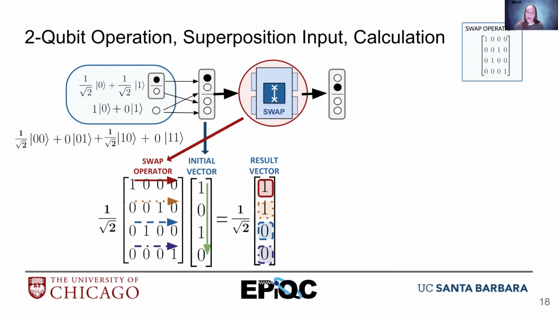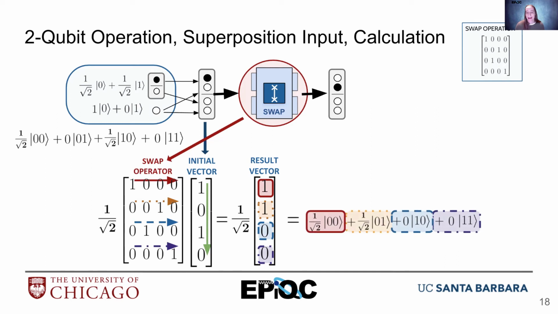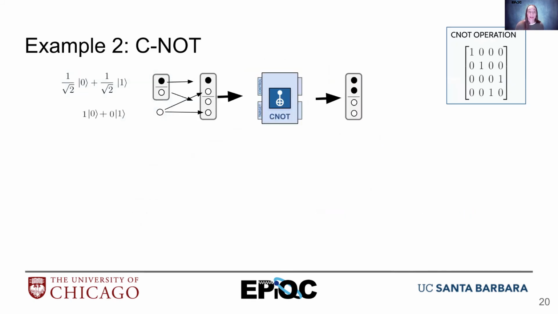So now I can switch this back to bracket notation, and now I multiply out that 1 over root 2, and so I can see that I have 1 over root 2 for 0, 0, and 0, 1. And I can do a little sanity check, and I can see, oh yeah, my answer did have a 50% chance of being a 0, 0 and a 50% chance of being a 0, 1. So my calculation matches my visual representation. Let's try this again with the CNOT gate.